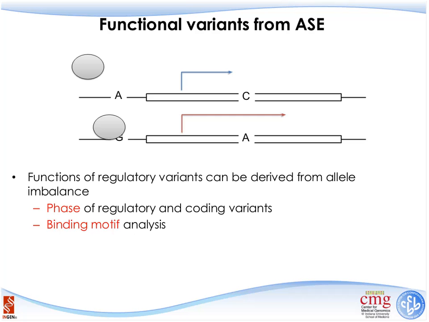And in order to do this, there are two different approaches that we need to take, and we need both. The first one is, in order to know which allele in the promoter region or regulatory region is in the same haplotype with the coding allele, we need to first phase the regulatory and coding variants. We need to make sure, in this case, that A in the promoter is corresponding to the C in the coding region. Otherwise, we may not be able to do the study in a very meaningful way.